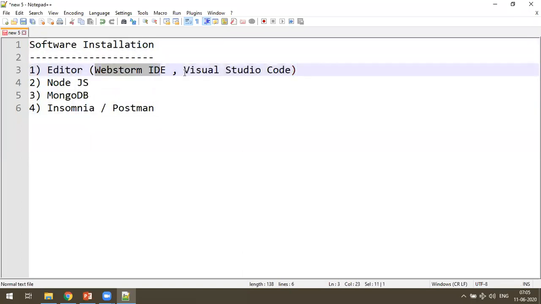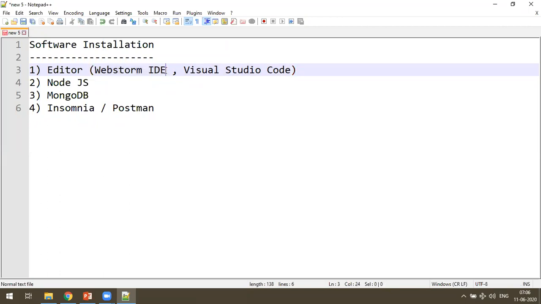So WebStorm IDE or VS Code. In this, one small thing you have to know is VS Code is completely free. You can use it free of cost for a lifetime. But WebStorm is now not free. It's a bigger software and it's not free. You have to pay for this.